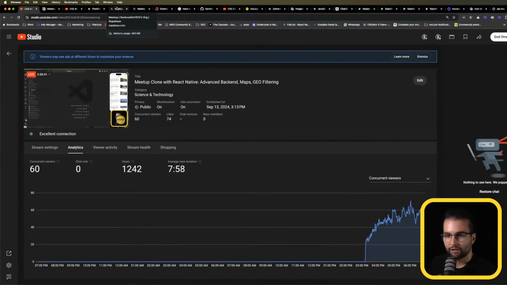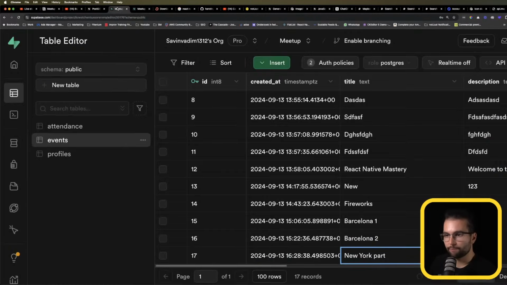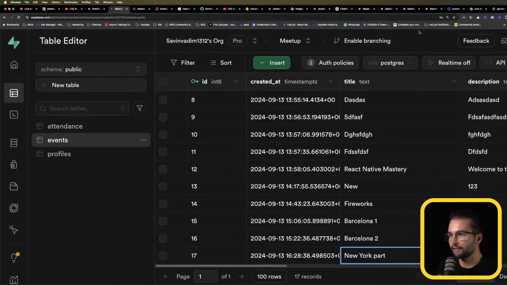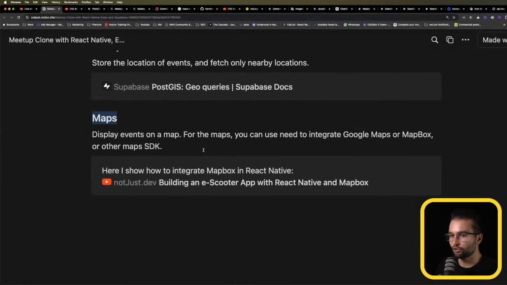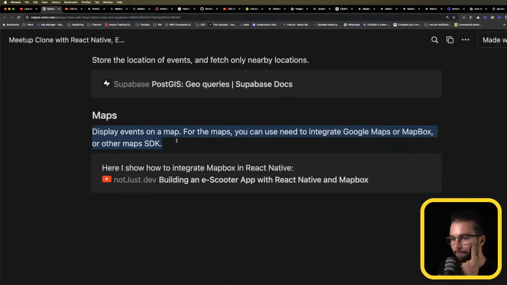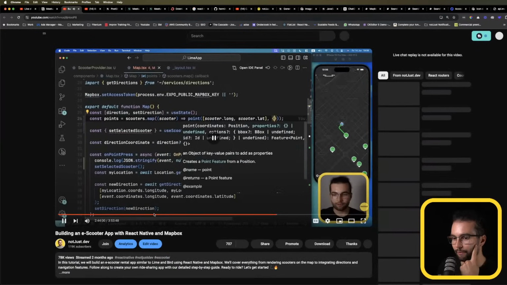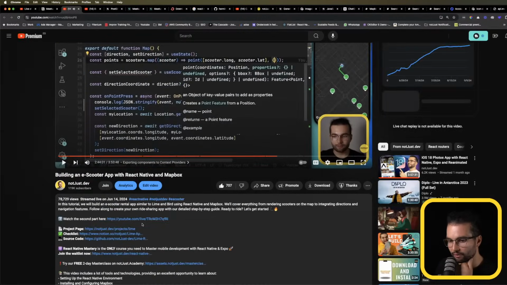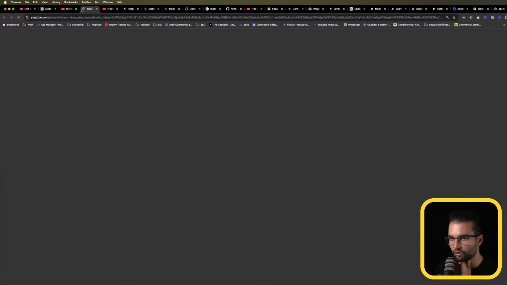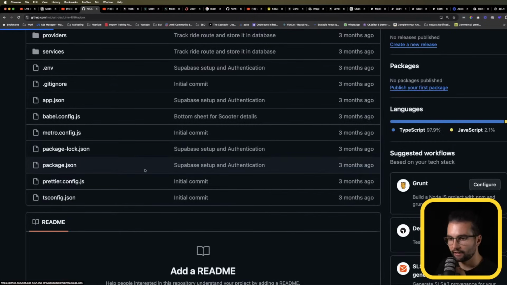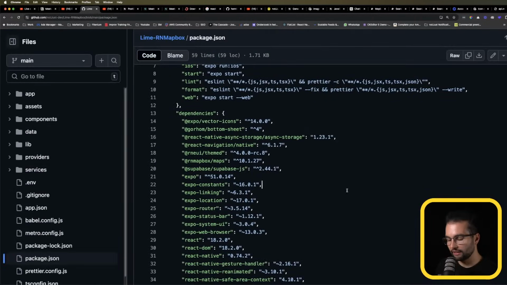So we have around 20 more minutes. And I'm not sure if we're going to be able to integrate maps, but I really wanted to showcase how to do maps. So let me double check the source code to see what package we were using in that project for adding maps. And we were using, let's search